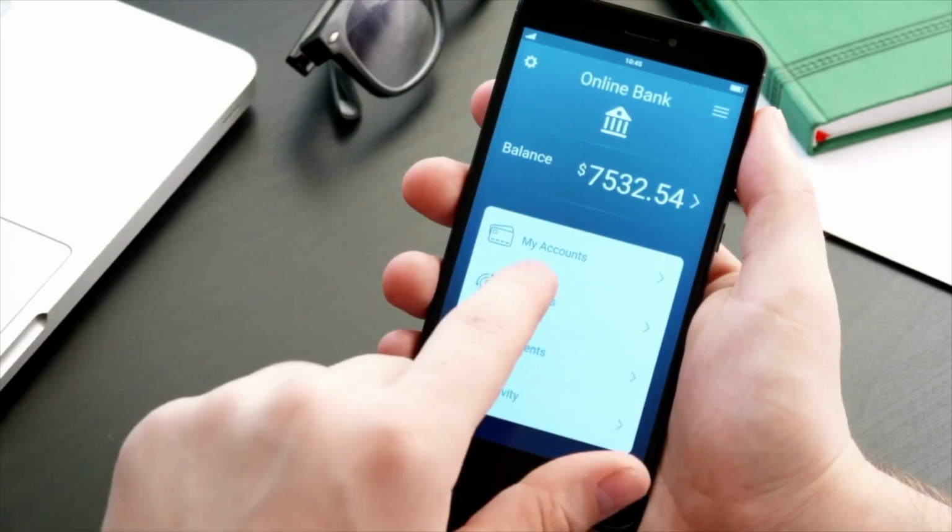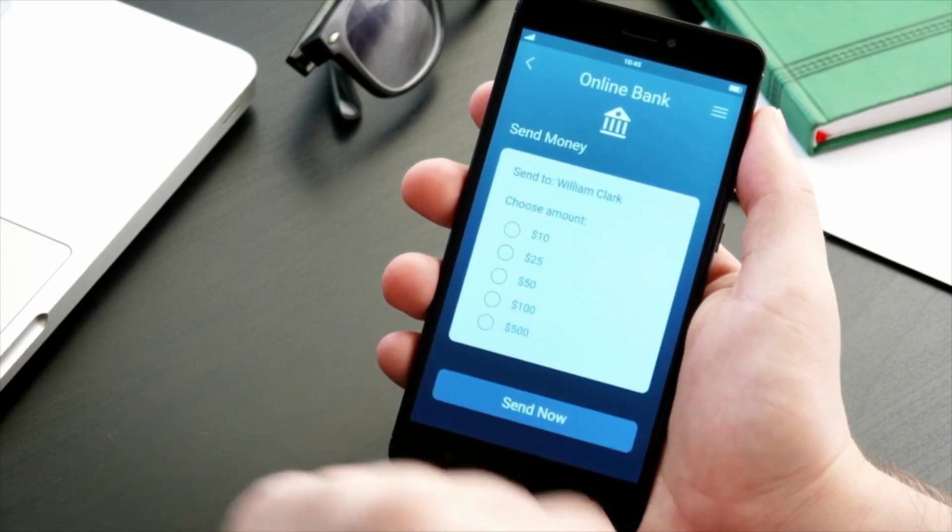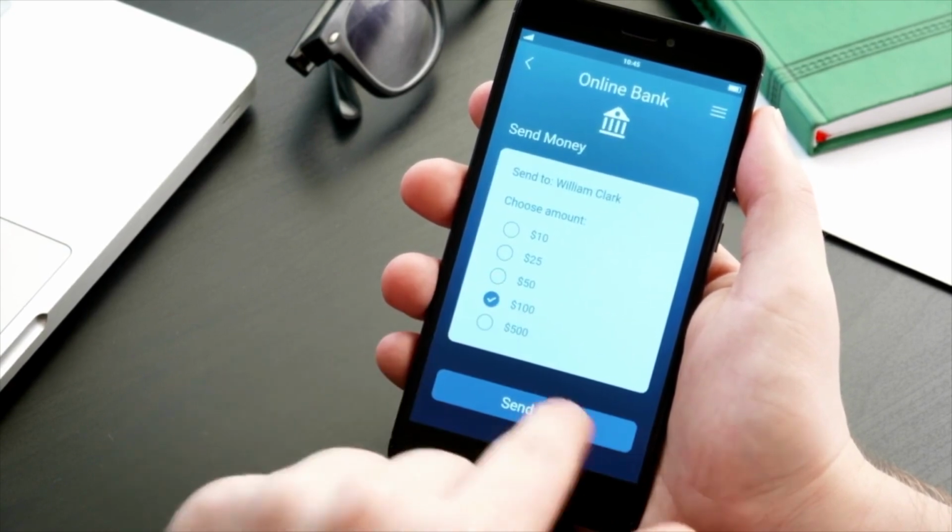Number four, offering to send you more money than you are asking for your item. This is known as an overpayment scam. They offer to send you more money, or they send you some type of confirmation that they sent you money, and then they ask for the difference to be sent back to them when they really didn't send you money at all. Usually they can doctor up the confirmation,